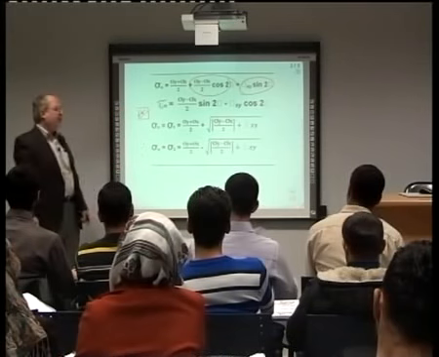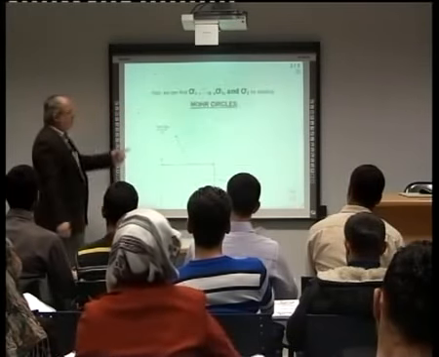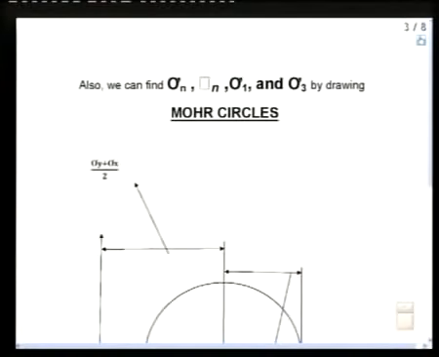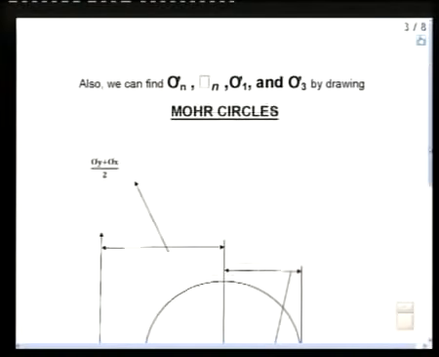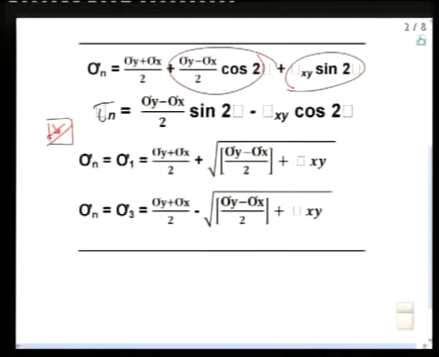Now we said that Mohr suggested another way of solving this problem. We call it the Mohr circle. In the Mohr circle, we took the sigma and tau axes. Now, if you remember, as we see here, this portion